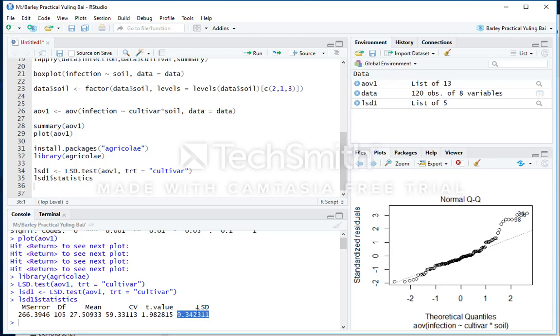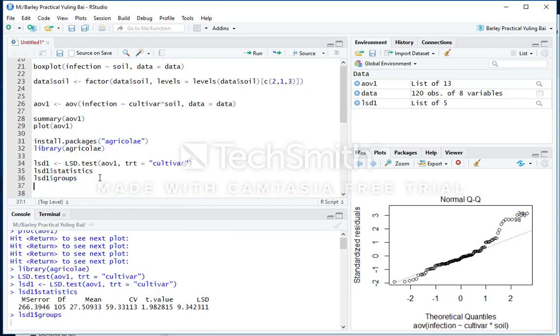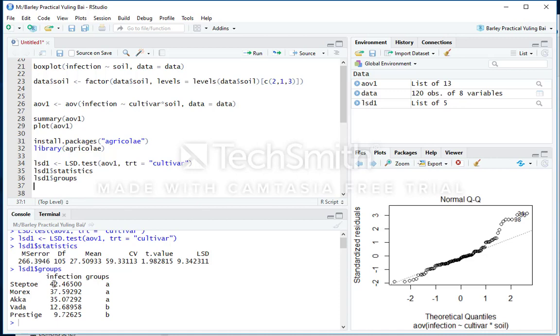LSD. So this is the least significant difference between cultivar means which would be considered significant. What is most useful is the groups output, because if we look at this now, it gives us the mean level of infection, so the percentage of infection of the different varieties, and then it groups them using these symbols